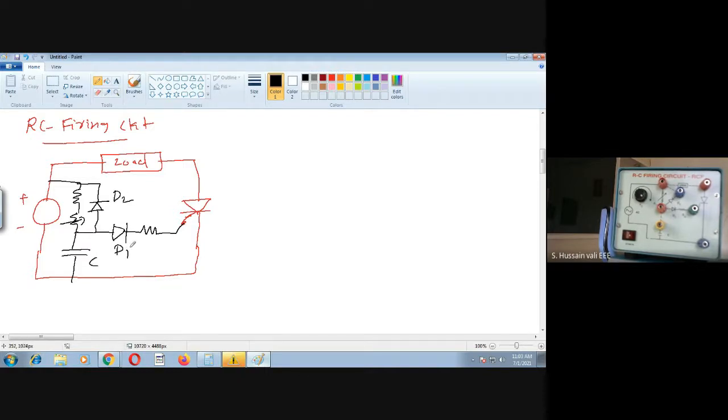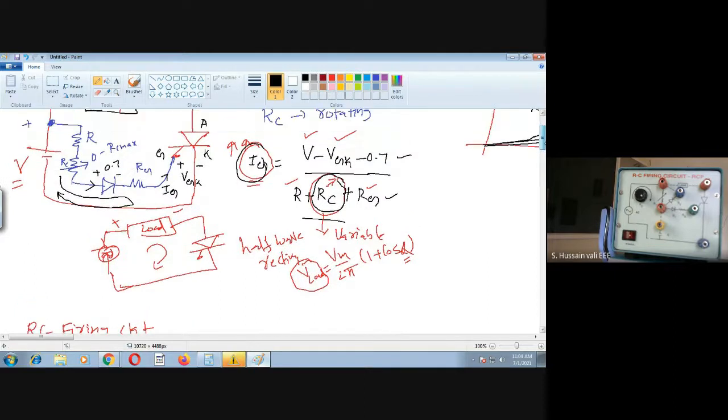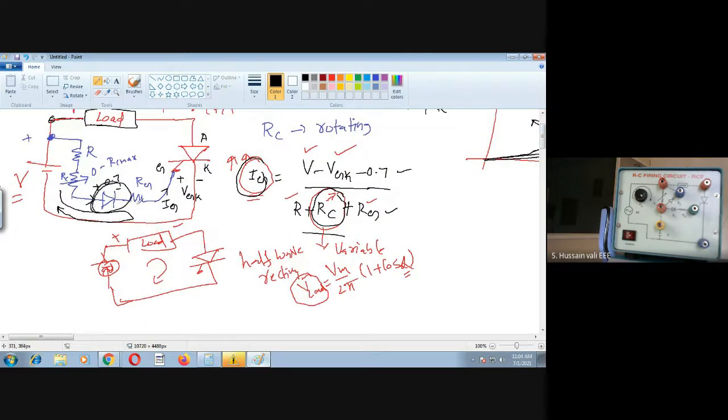One thing you should think about: why is there a diode here, even in the previous case also? What is the necessity of the diode here? Why do they connect a diode here? Without the diode also we can send the current like this. We don't require any diode. Just replace the diode with a wire, then also the current will flow through the gate terminal. What is the purpose of this diode here? Why do we connect the diode unnecessarily?